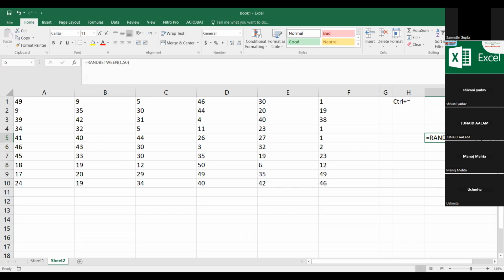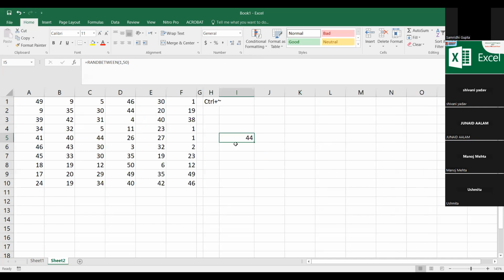Now see, the function that has been used is RANDBETWEEN. If I am working over here, I am not able to judge whether any function or formula has been used or not, until I make that particular cell active and check it on the formula bar. Done. So that can be done with the help of Control plus the tilde key, which is available on the very top